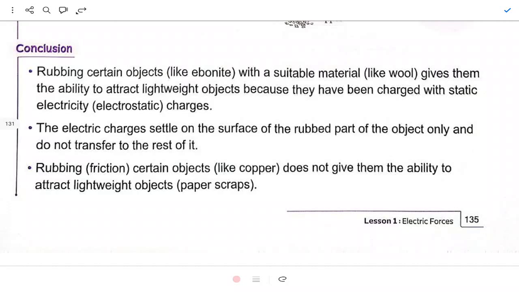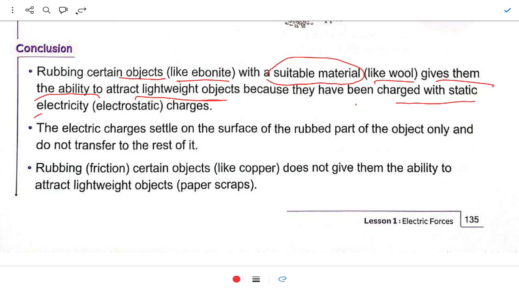Now you will conclude that rubbing certain objects, like ebonite, with a suitable material like wool gives them the ability to attract lightweight objects like scraps of paper, because they have been charged with